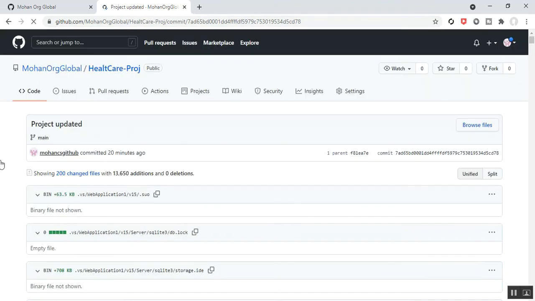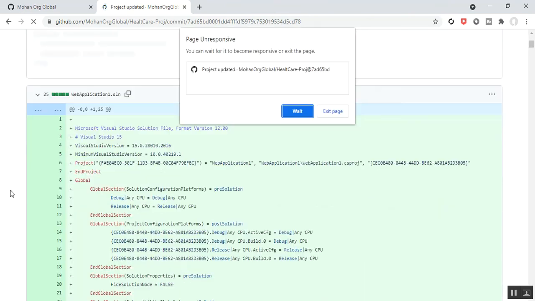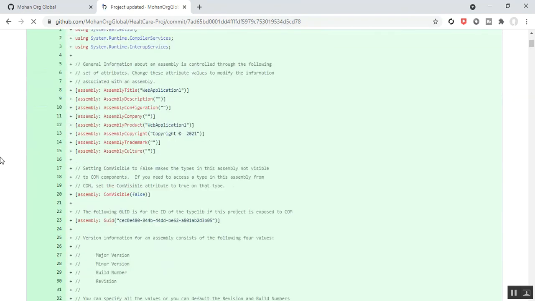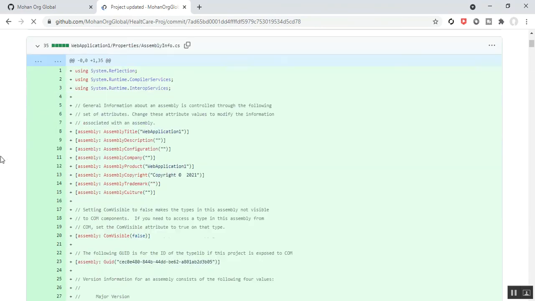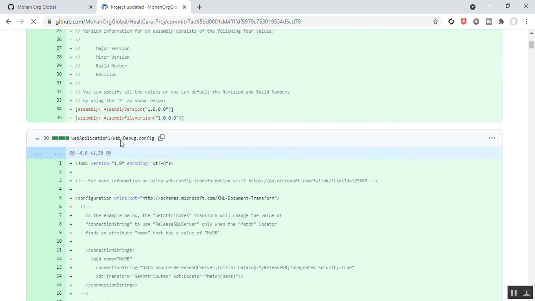So you got all these files after clicking on this link, that is all the files related to this uploaded project, that is 200 files have been pushed from local git to the GitHub repository. And the files and their related contents will be available here. Web.release.config and web.debug.config. Okay, I'll close this